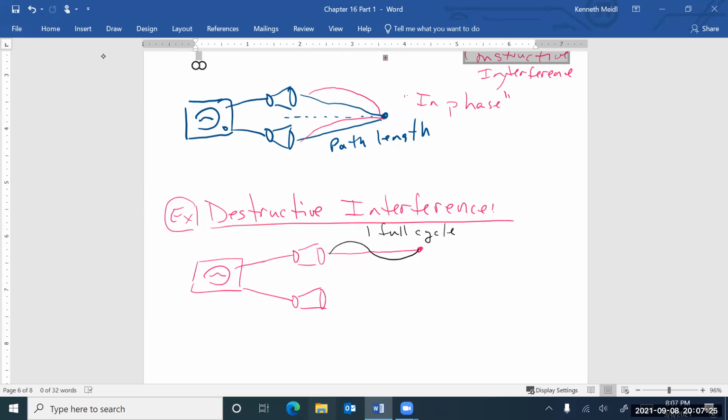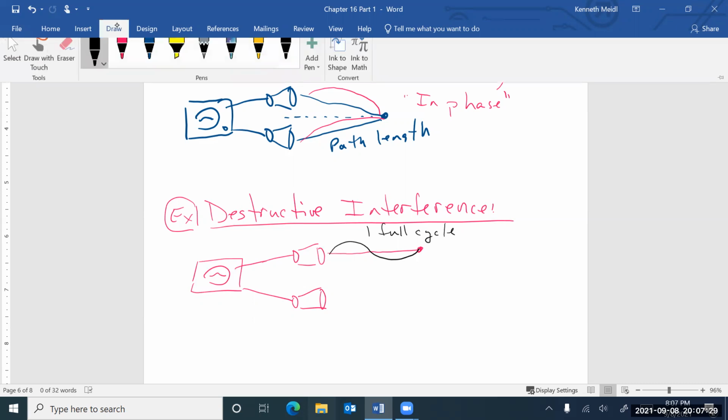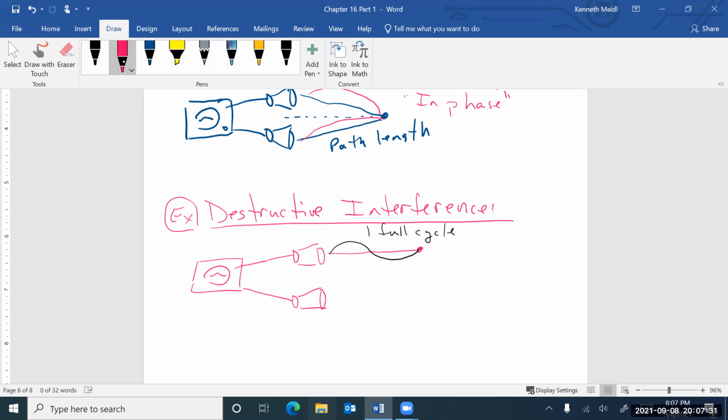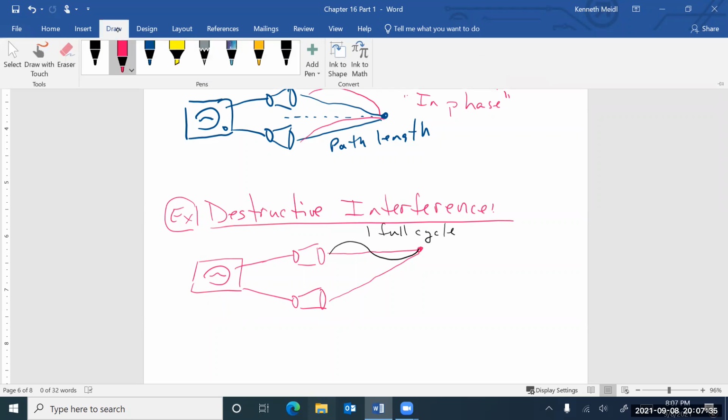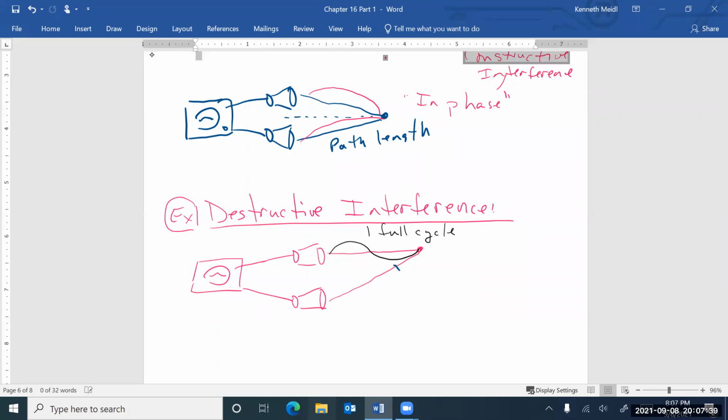But you see the path coming from the bottom speaker is longer, right? So the wave has to travel further to get there. And let's say that happens to be one whole wave, and we have just a half wave. So here we have 1.5